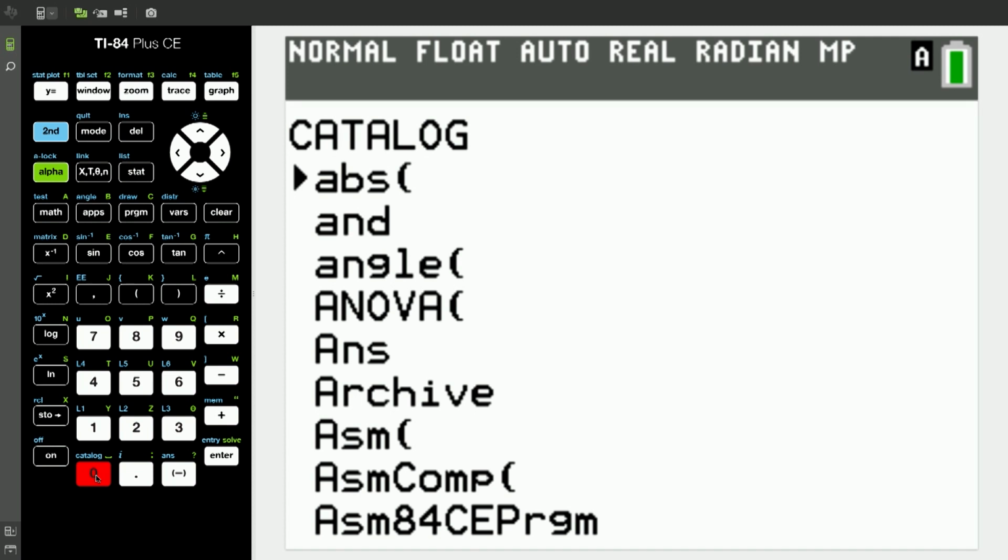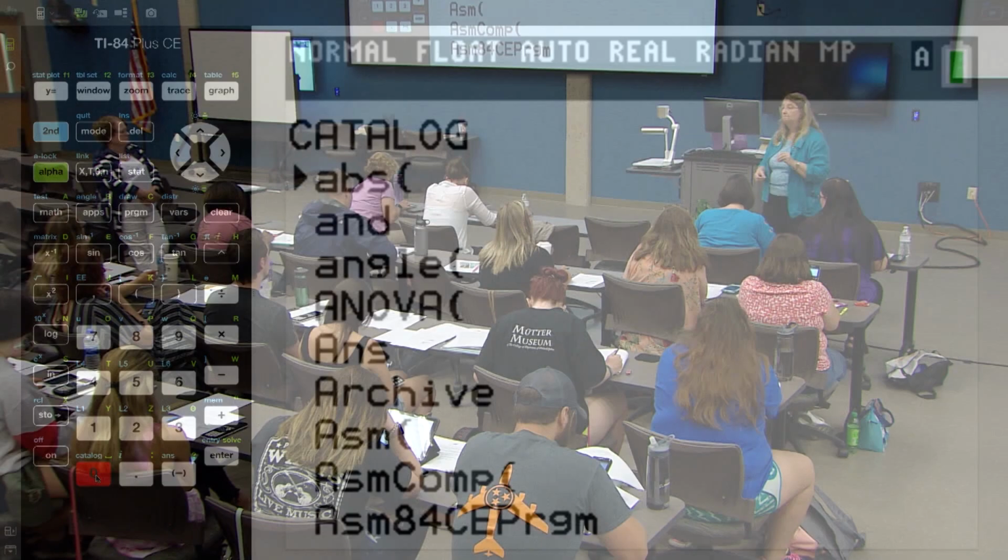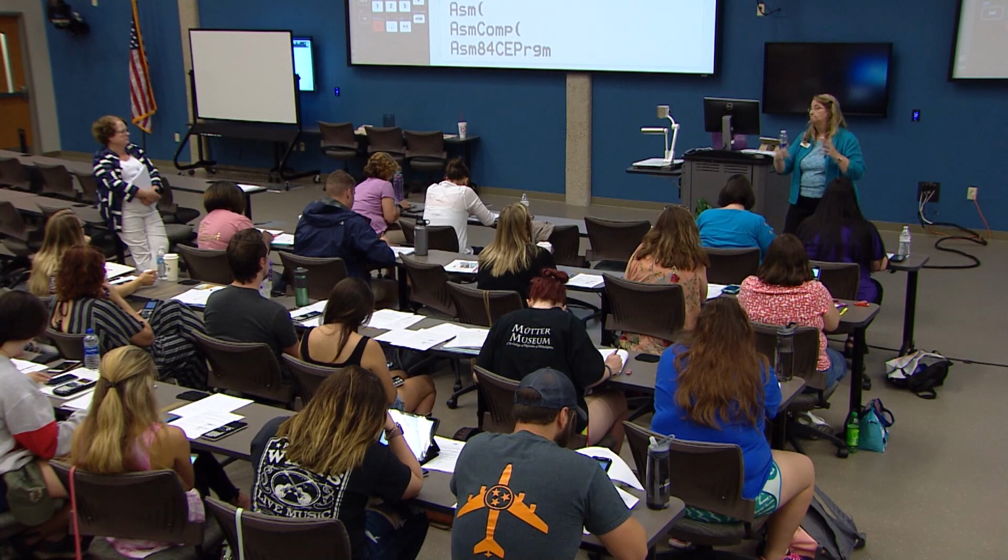I want to turn on something very important that I have to do if I'm going to deal with stat, and if we don't do it, we're not going to get the wahoo moment, and you're going to go, I don't have it, why? I've got to turn diagnostics on. What is a diagnostic? A diagnostic is simply a test. It's just a test. I'm just going to turn on the diagnostic so we can test my statistics, okay?